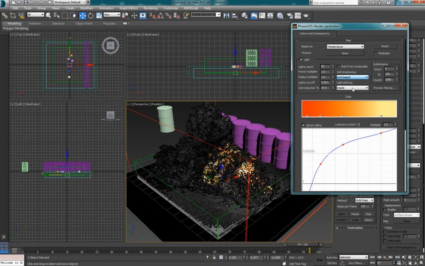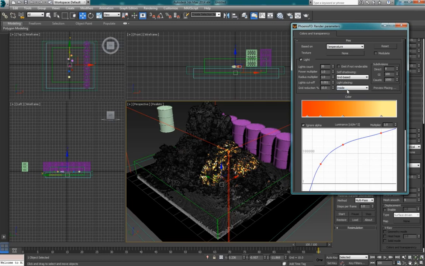So in order to light up the surroundings of the container here, you still need to automatically use the Phoenix option to place either Max lights or V-Ray lights inside of the simulator. So you have three options here. You have the simple placing, which is a spherical placing just around the hottest, or actually the brightest, part of the simulator. You have the inside placing, which is a smart placing and calculates where it needs to put the